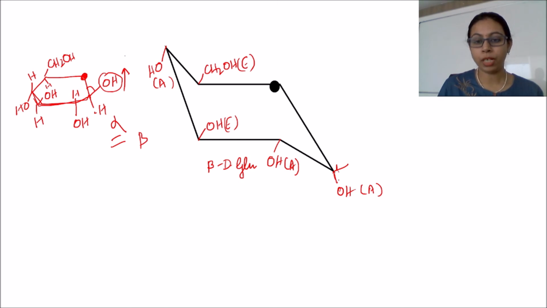So because of a change in just one position, carbon number 1, the change in the position of the OH group, the beta form will be more stable than the alpha conformation because of the steric hindrance when it is placed axial. You can see that when both are in the axial form, more repulsion will be there. And in the beta conformation, we are able to see equatorial, axial, equatorial, axial, equatorial. So this will have less steric hindrance as compared to the alpha. This is the reason why the beta form is more stable as compared to the alpha.